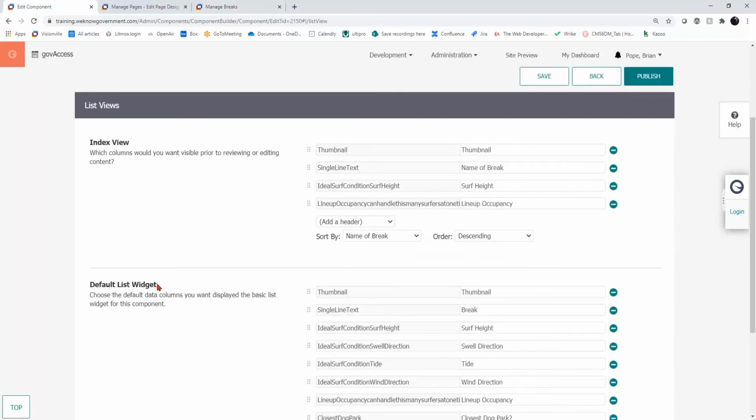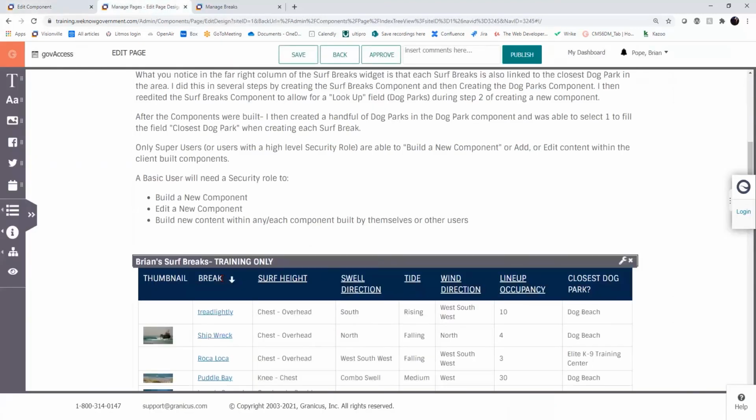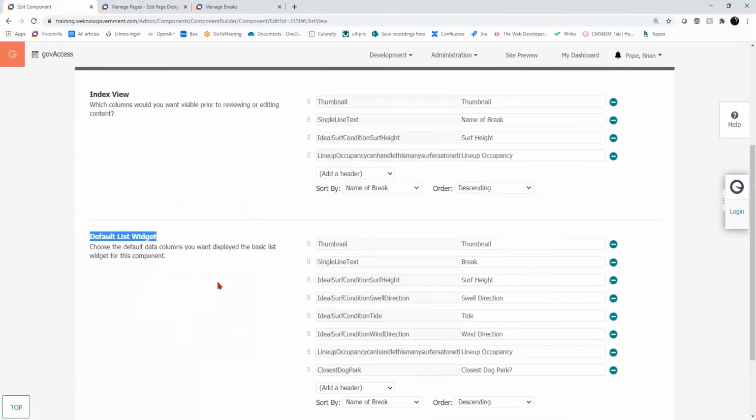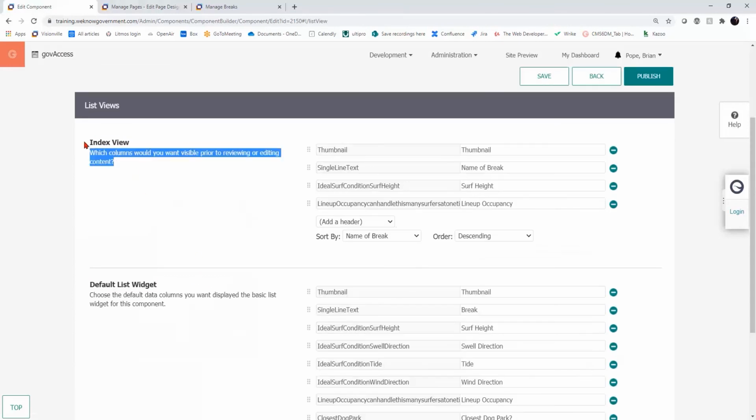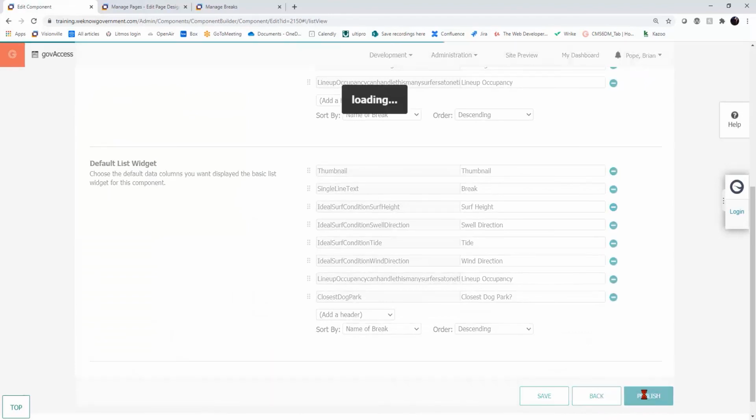Then there's the default list widget, which is what will appear to your site visitors on a page that displays your surf breaks component. From thumbnail down to closest dog park, that's the top row of my surf breaks component widget. So I've decided what will appear in the back end of the website to my CMS users and what will appear on the front end of the website to my site visitors. I then publish,